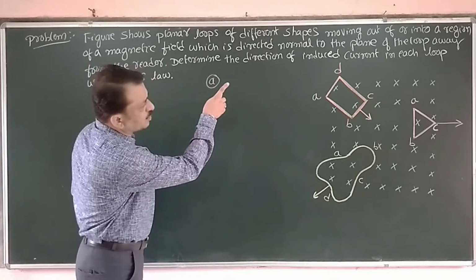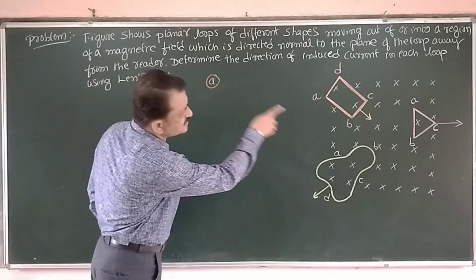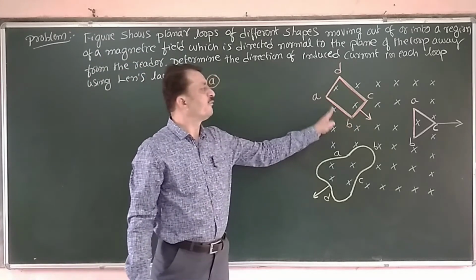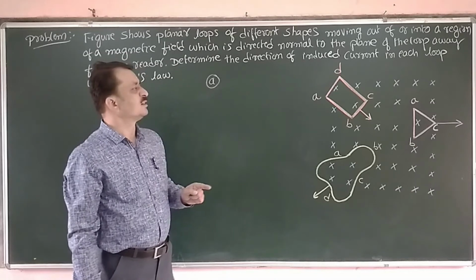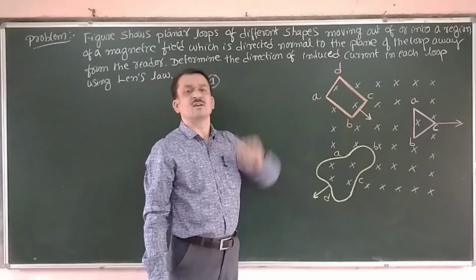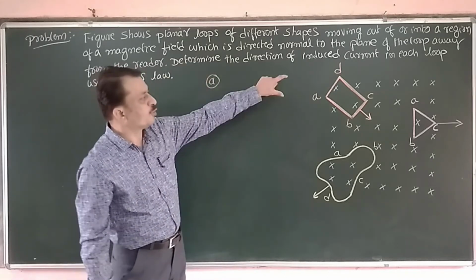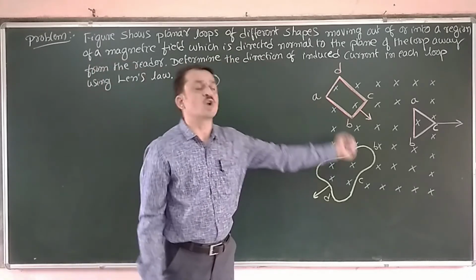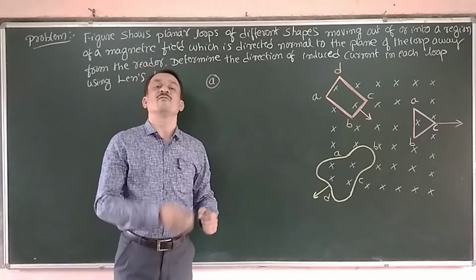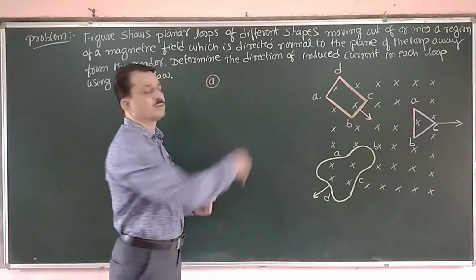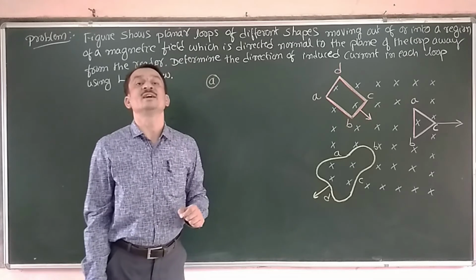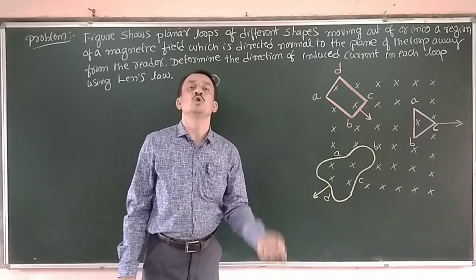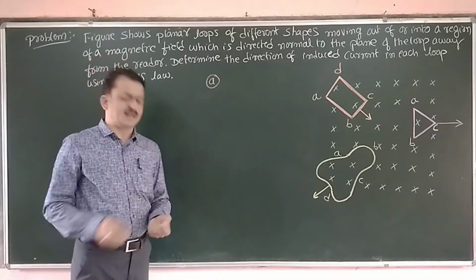Now as and when the rectangular loop is moving towards the magnetic field region, what about the number of magnetic field lines passing through this rectangular area? It becomes increasing. Therefore, the rectangular area is moving from a weaker magnetic field region to a stronger magnetic field region. The number of field lines becomes increasing through that one. Therefore, flux is also increasing. Since the flux is varying, the current is induced. Now, what is the direction of the current? That we have to work out.